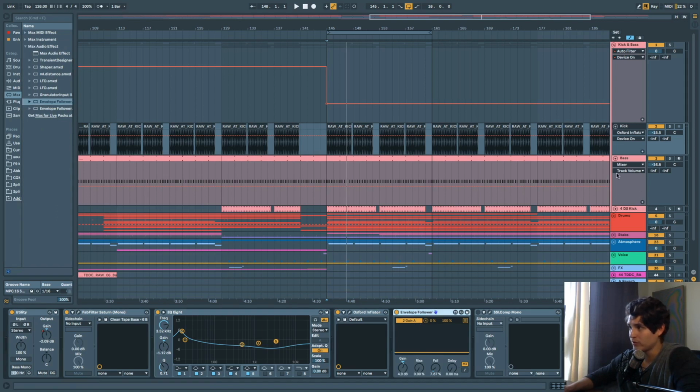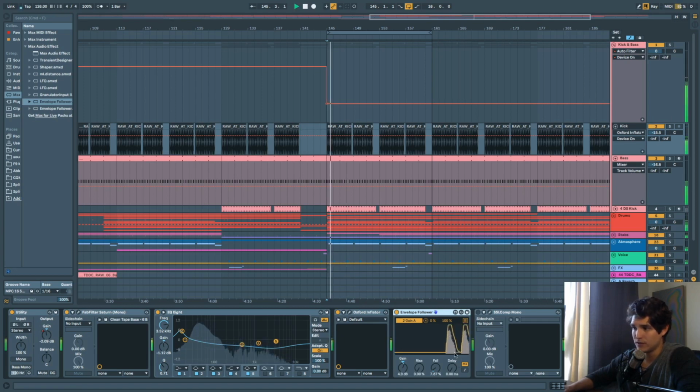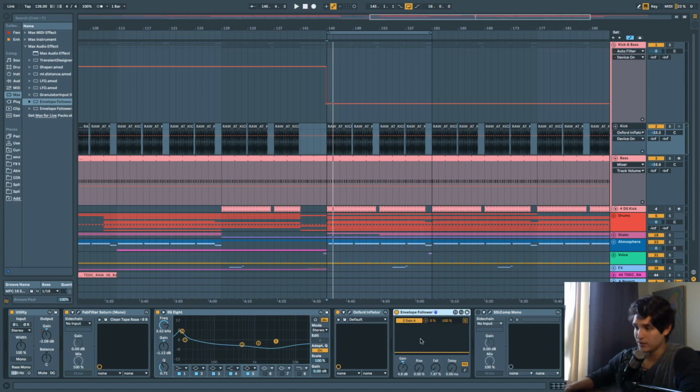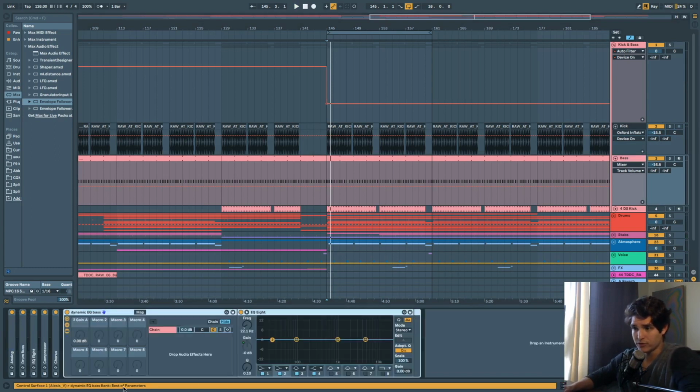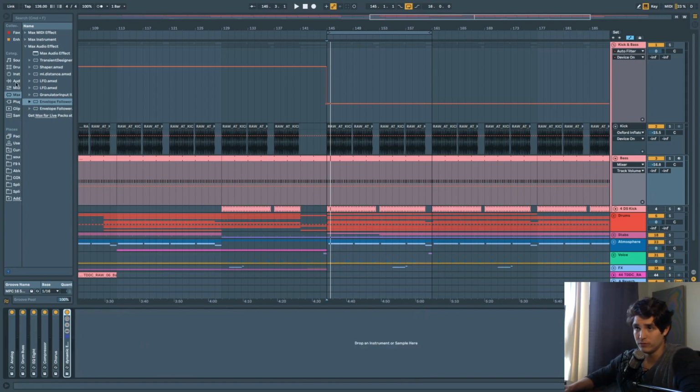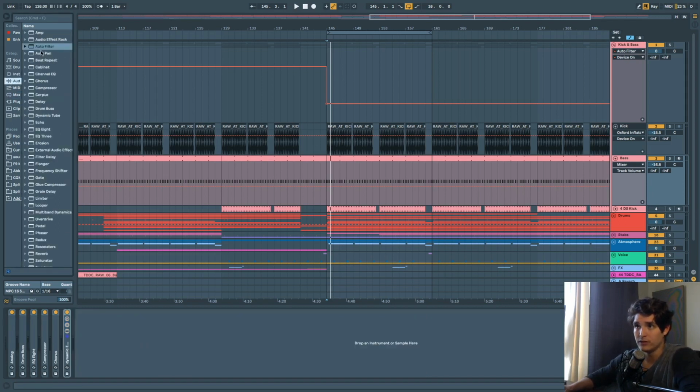And what you're going to do is, you see how the envelope follower just follows the envelope of the kick, right? I just have it set like this. You can set it however you want. Then you go here and you create this rack, and I'm going to show you how to do it. So all you do is you add an